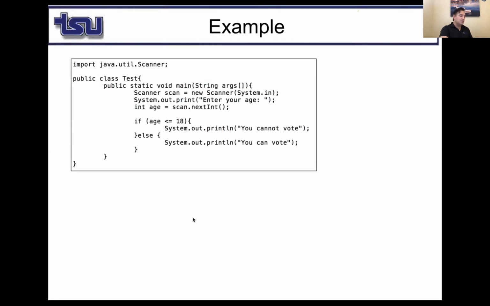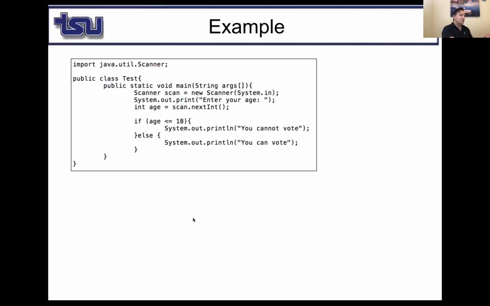This example is going to also remind you of certain concepts that I want to go over with you again. First, if you look at this program, can you tell me the classes that you see? Remember, a class name starts with a capital letter. By looking at this, I can immediately say that Scanner is a class, Test is a class, String is a class, and System is a class. My question is that